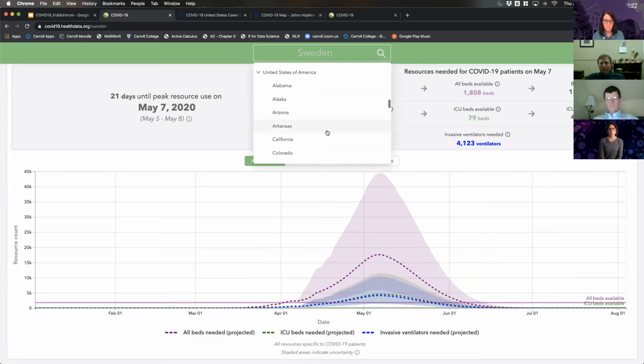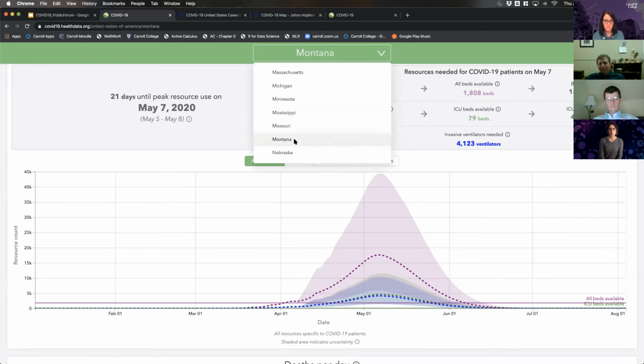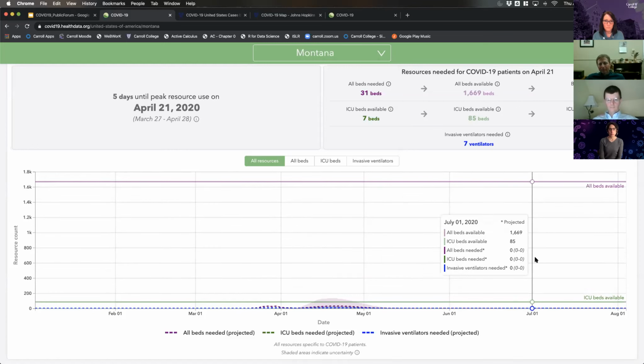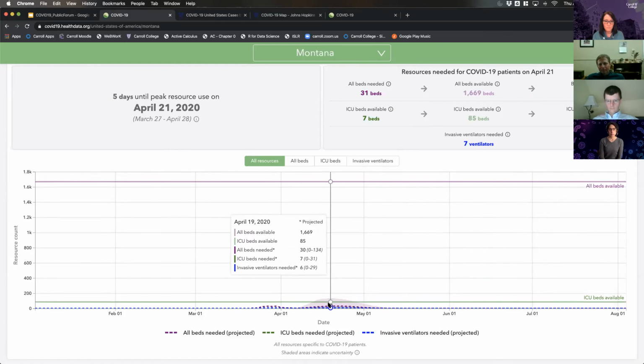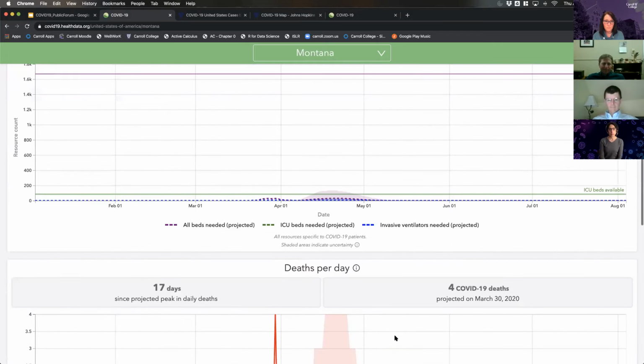If we go more granular, we can be a little self-centered here and say, let's look at Montana. Okay, the picture is a little nicer here, right? We don't have that much of a big blip there, and it looks like our peak is just a handful of days from now. But if I scroll down,